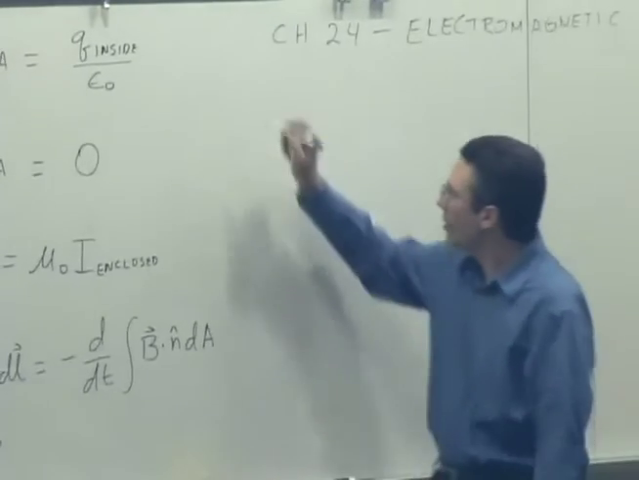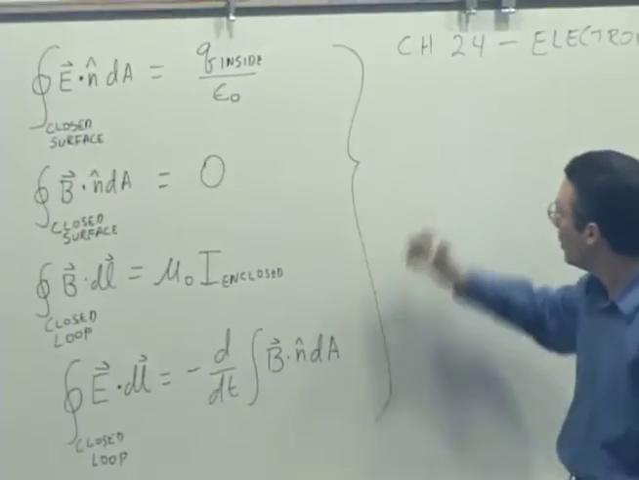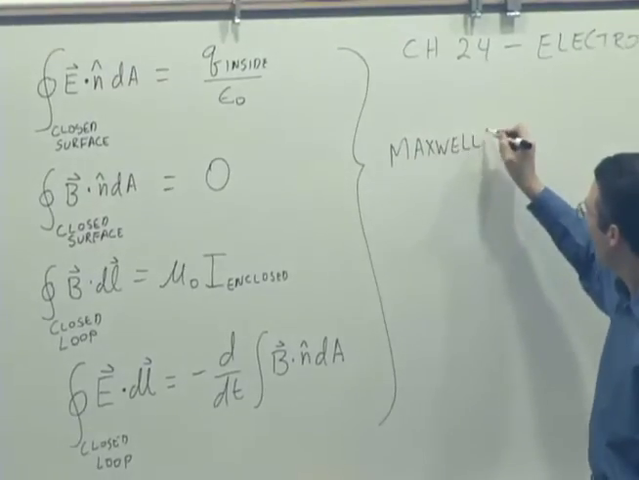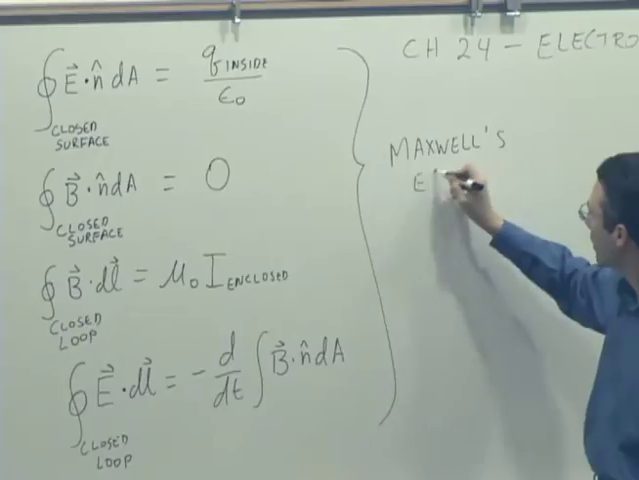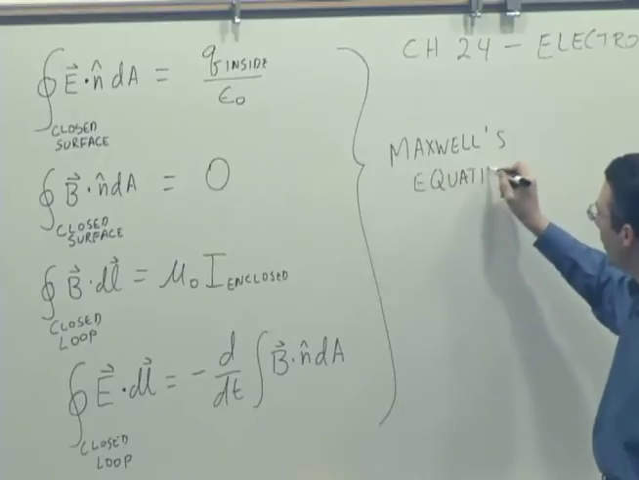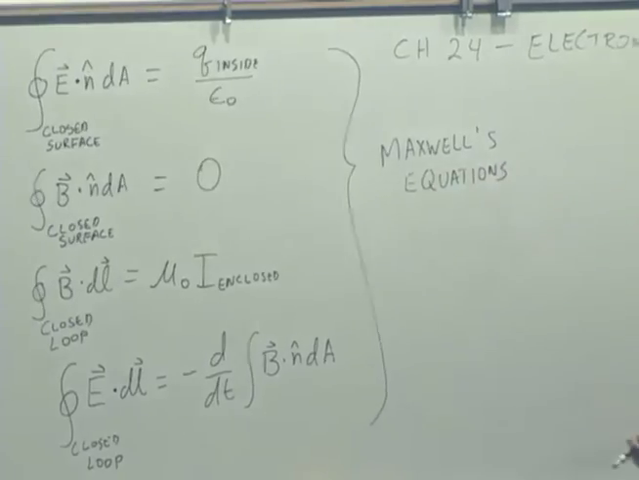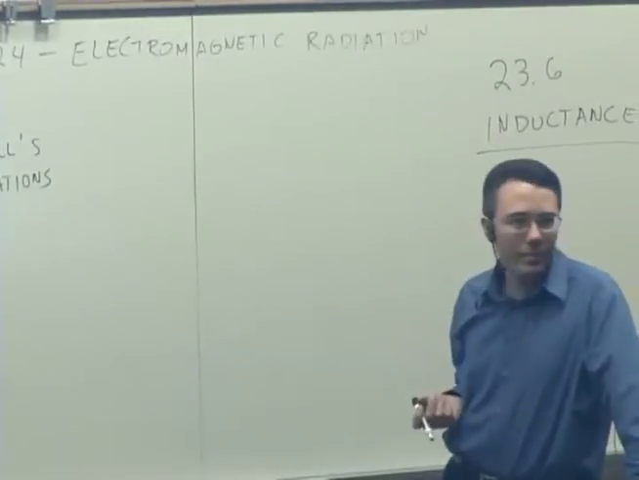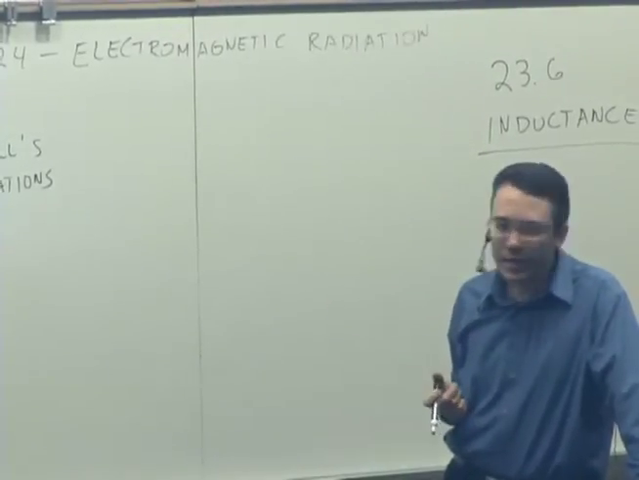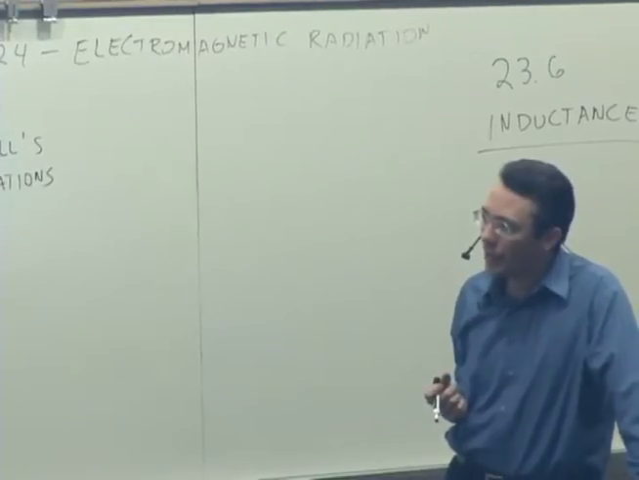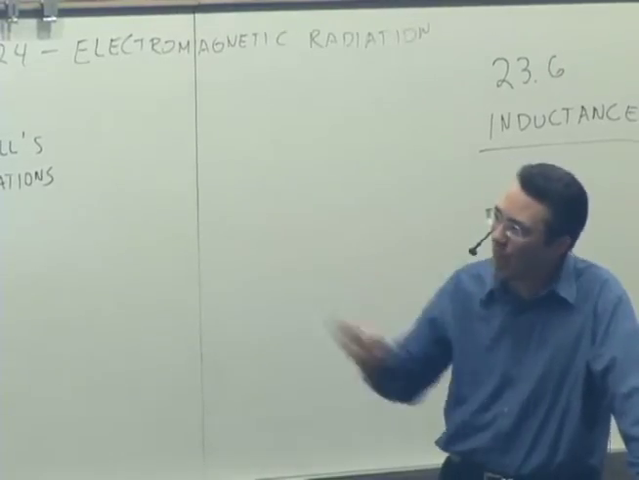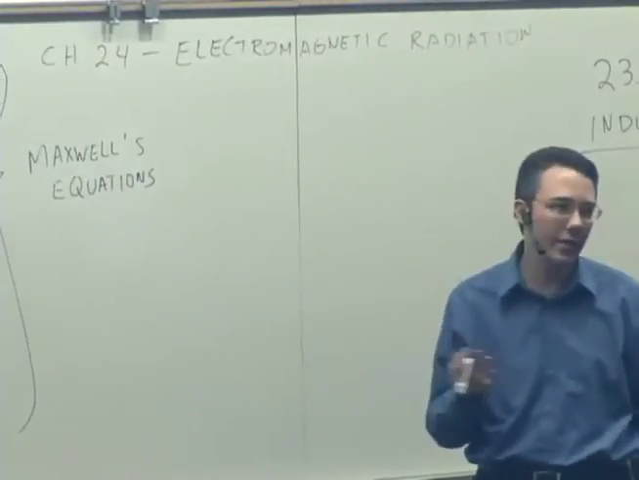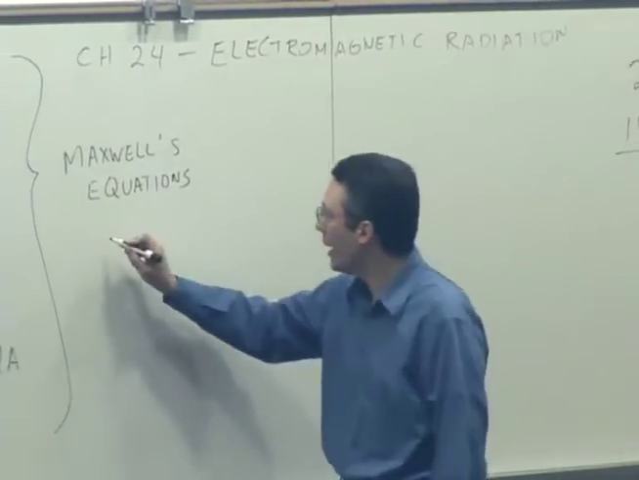These four equations are called Maxwell's equations. And so they were discovered independently, but James Clerk Maxwell in the late 1800s was the first person to encapsulate them all, put them all together, and to realize that these four equations, along with the electric and